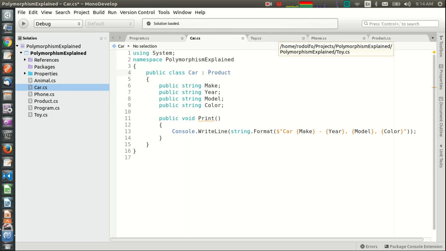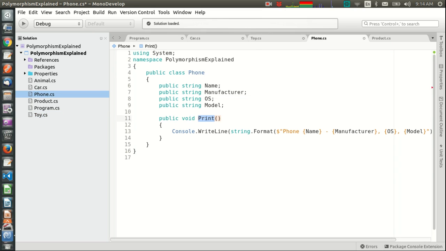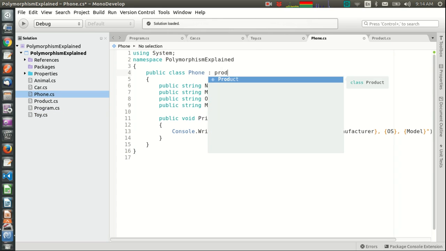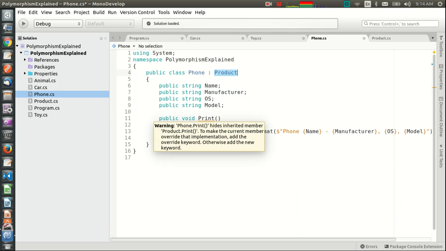The same with toy, and the same with phone, derived from product. But now we have a problem, because